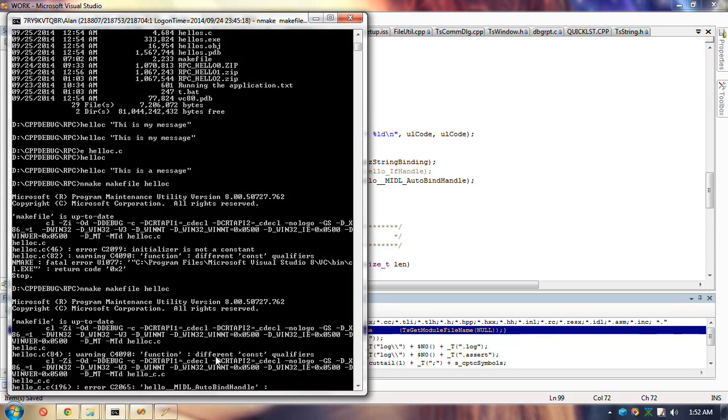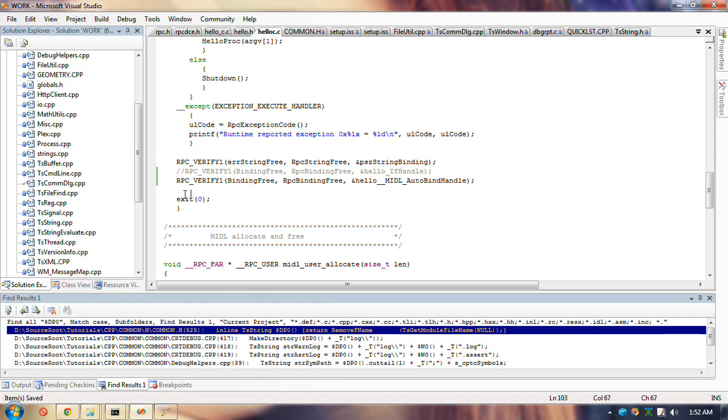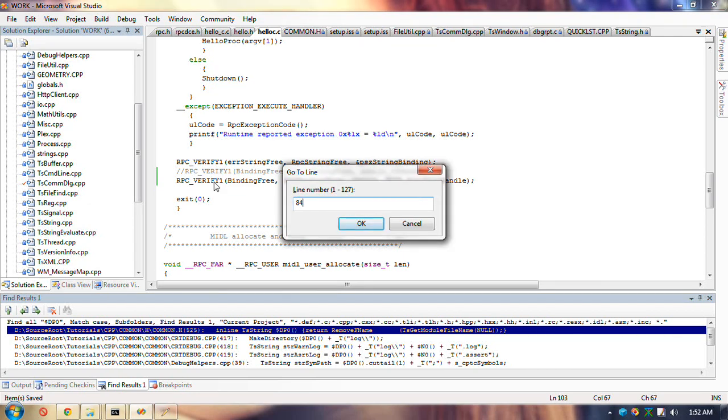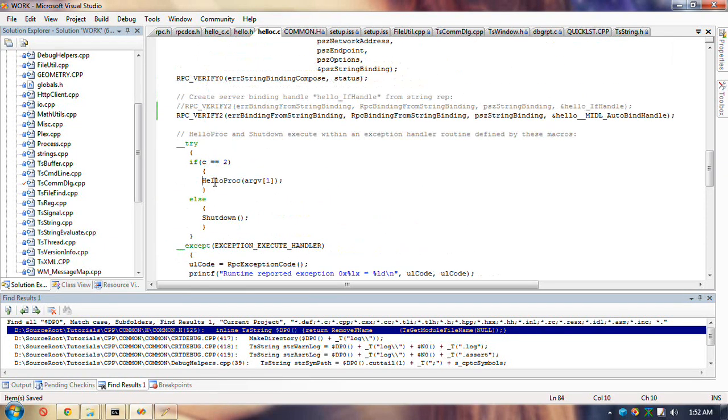Now it's complaining about a const qualifier. Line 84. Where am I? Oh, it's true, isn't it? Now why didn't it complain before?